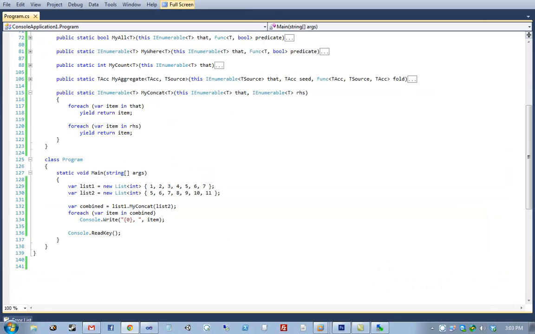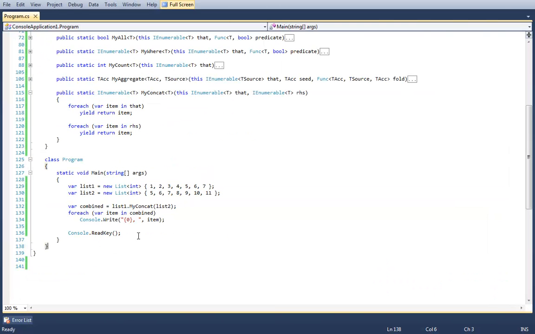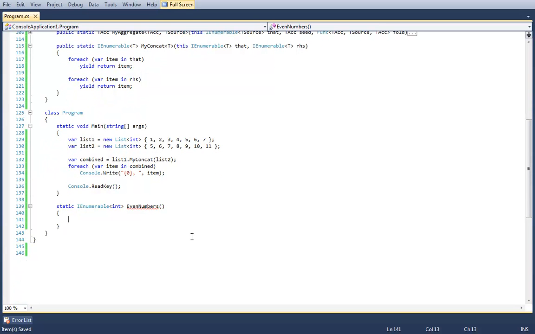Here's an example. If I go ahead and make a static IEnumerable<int> EvenNumbers, and I make an iterator block to give me all the even numbers. So that's going to look like this. So what we have here is an infinite for loop.